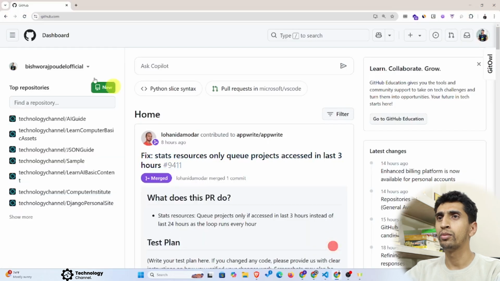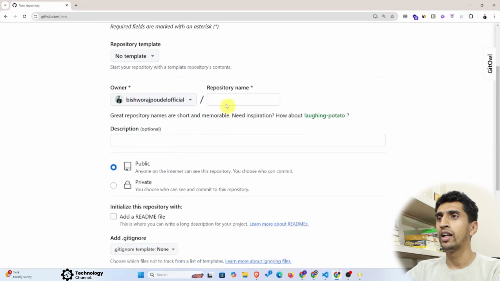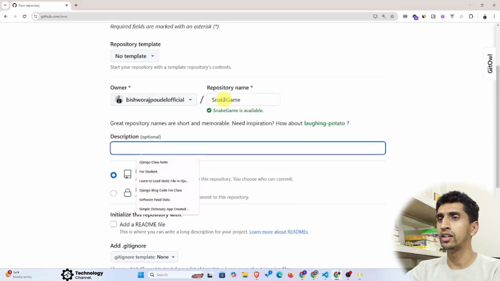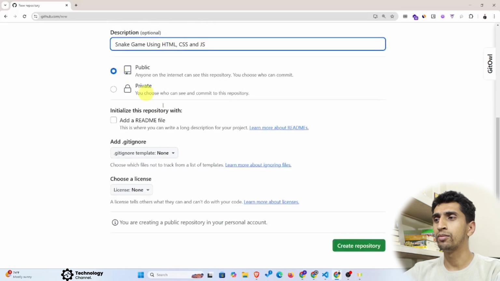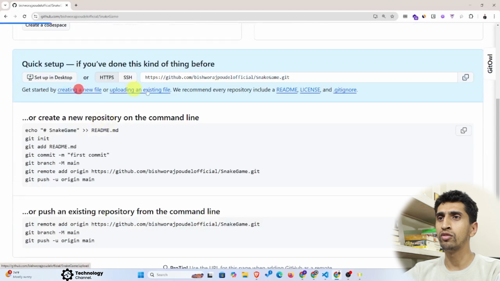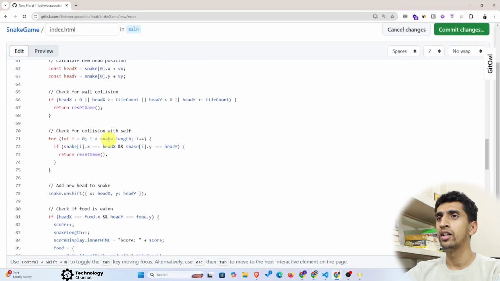to go to github.com. First of all, go to github.com, and if you don't have an account, create one account, and I'll say new, and I'll say snake game, and in description I'll say snake game using HTML, CSS and JS. I'll say public, and I'll click on create repository, and here click on create new file, and right here index.html. Paste the code here and click on commit changes,